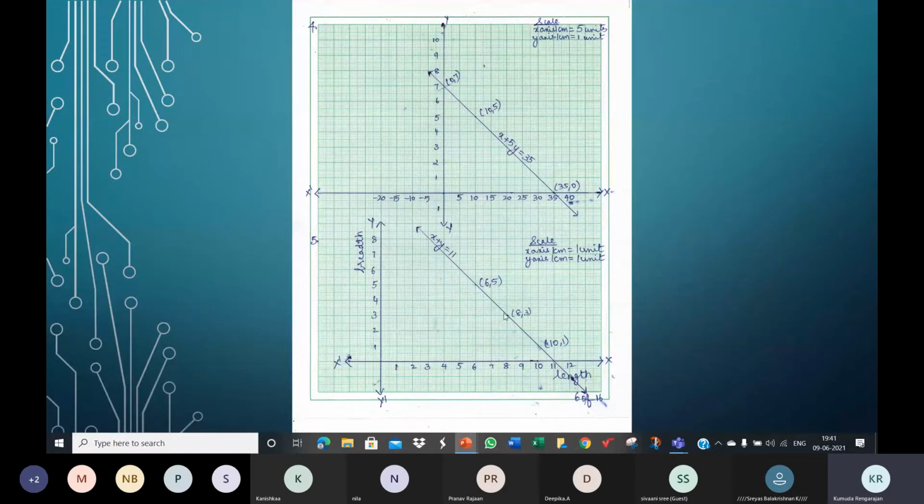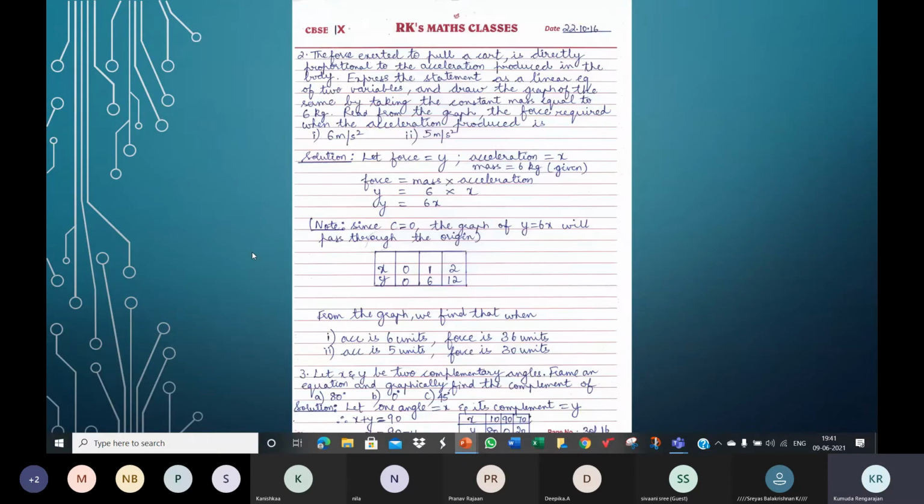It intersects here. You can see the x-intercept. You can't see the y-intercept. You need to show the y-intercept also. Since I did not have space here, I just left it like this. Otherwise, you'll have to pull this y-axis and then extend this line, and you know that this line will intersect the y-axis. Let me tell you about the x and y intercept.